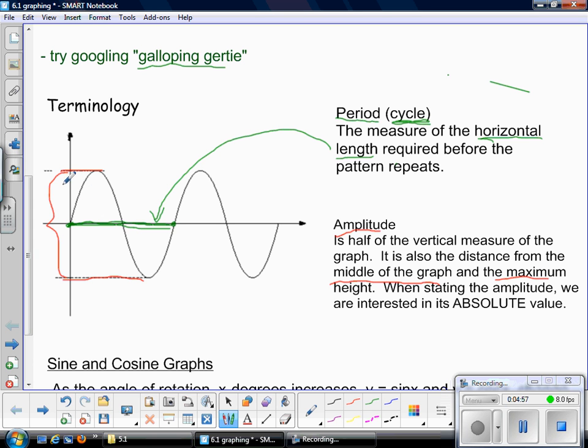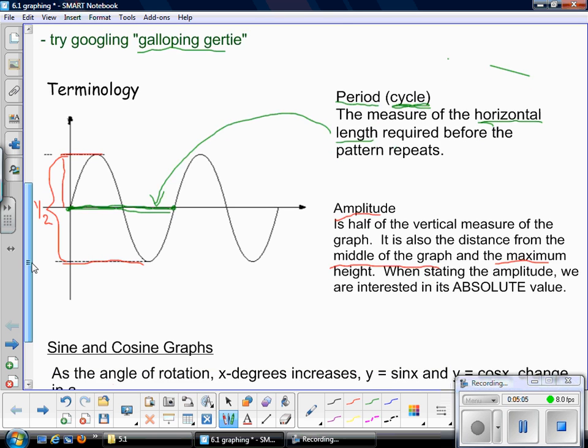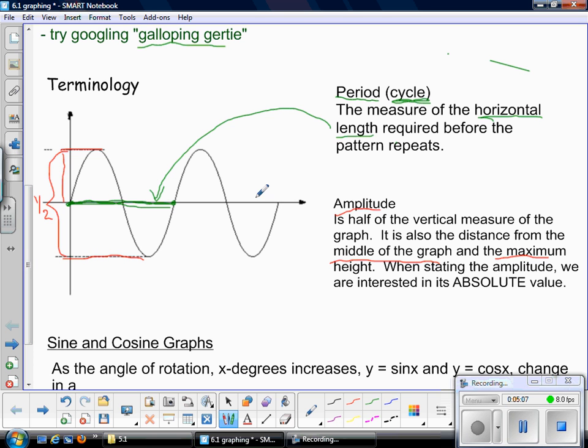So if we look at it just being this part here, that would be the amplitude. So we only want half of the vertical height of a graph. Now we're only interested in what we call its absolute value. So I don't care if it's positive or negative. I'm only after the number. Now in physics you talk about crests and troughs. So the distance between the crest and the trough, half that distance, is what we call amplitude also